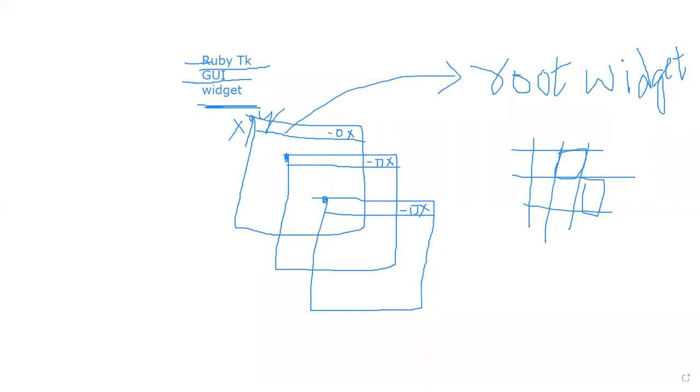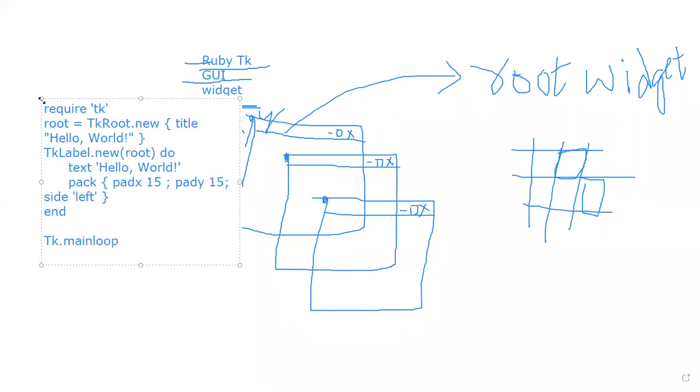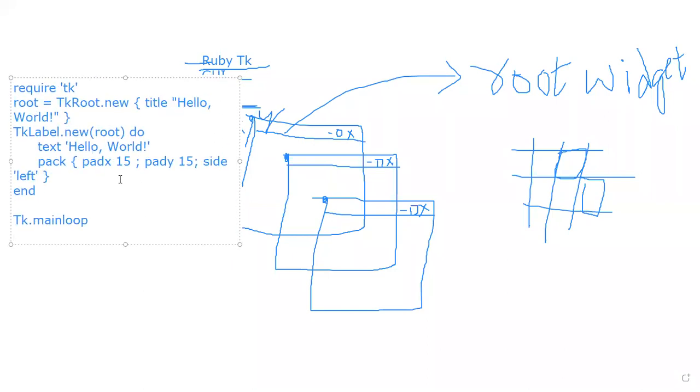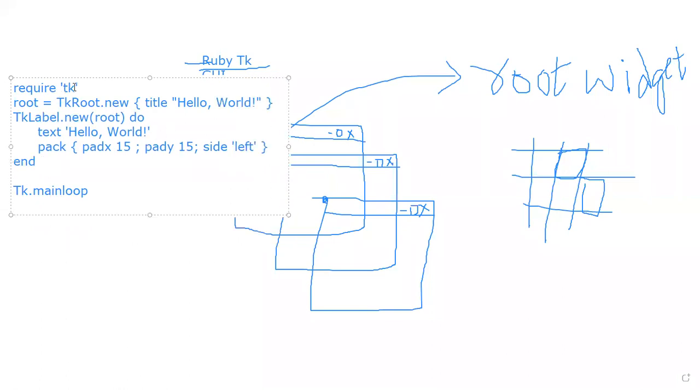Okay, all the applications, how you will write in Ruby, is the same as a TK application also. So if you see a simple TK application, it is like this. So this is what a simple TK application looks like. You cannot run this one in an online editor. Why? Because sometimes it is asking for TK.